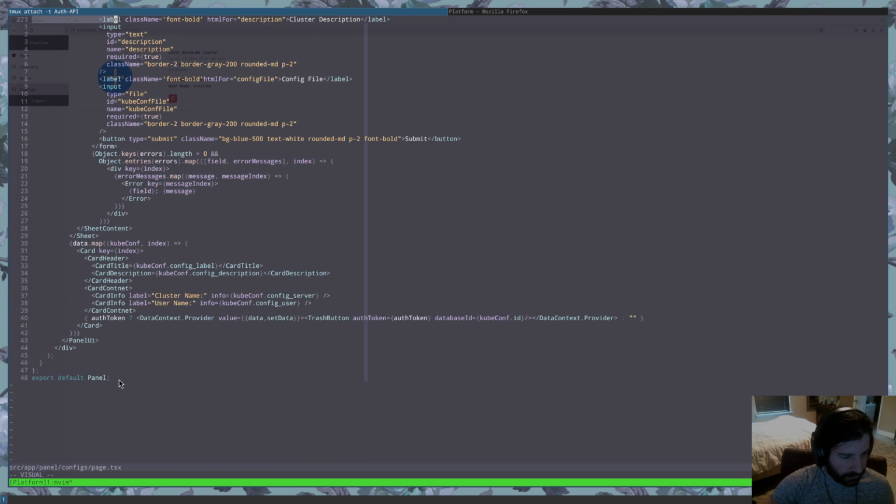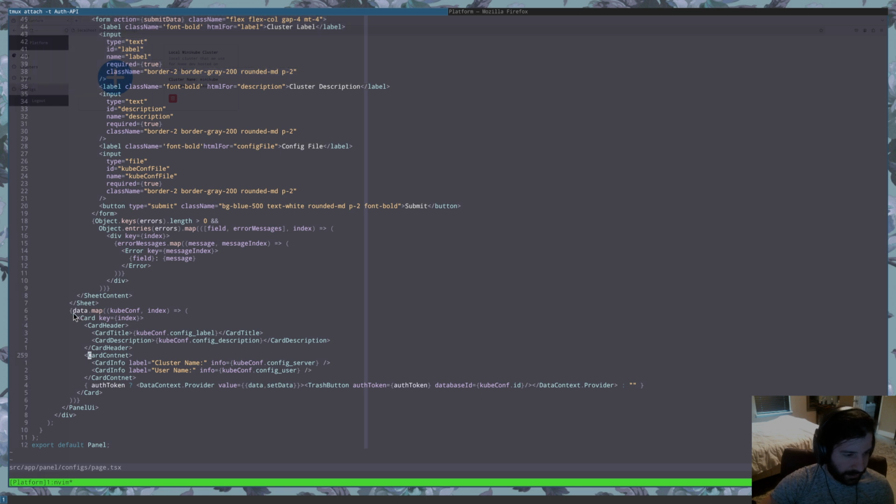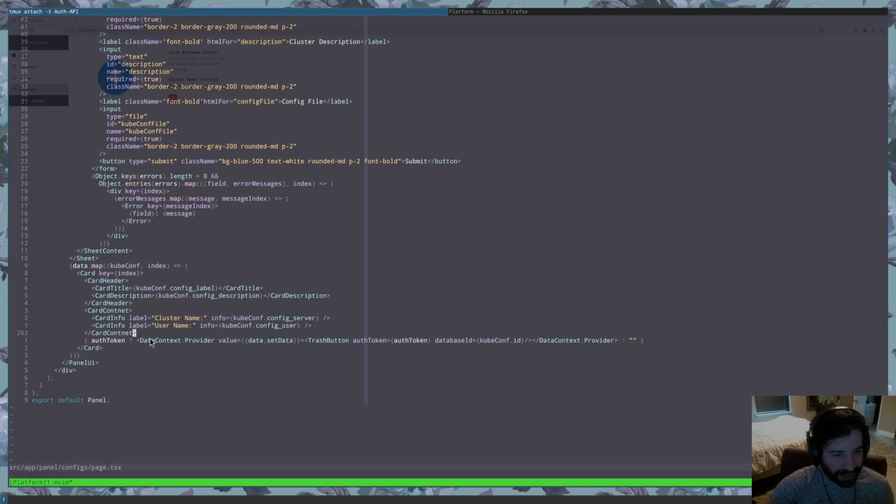If I go just a little bit further down, we can see that we map over the kube config data, and then we take it as a kube config, and then we make our cards. So the one thing that we've added this time around, though, is we've added a context provider. And what a context provider does, it just allows us to,